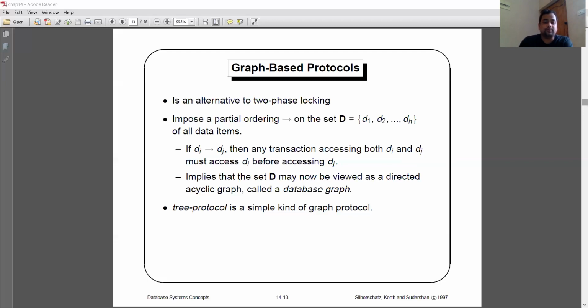So to overcome this problem, we'll go for strictly two-phase locking. In strictly two-phase locking, it ensures the serializable schedule and also avoids cascading aborts. If you follow strictly two-phase locking, then it can ensure both the serializable schedule as well as cascadeless execution. In simple words, what is the basic difference between two-phase locking and strictly two-phase locking?